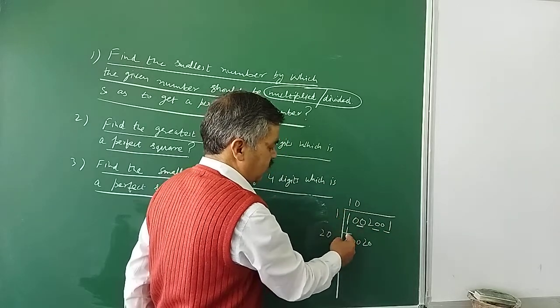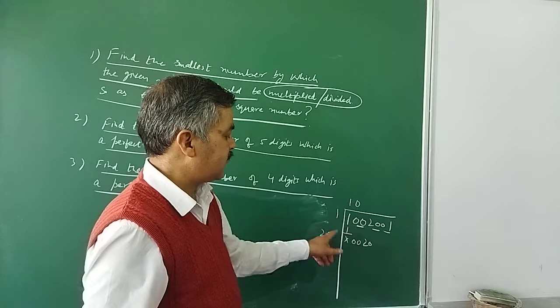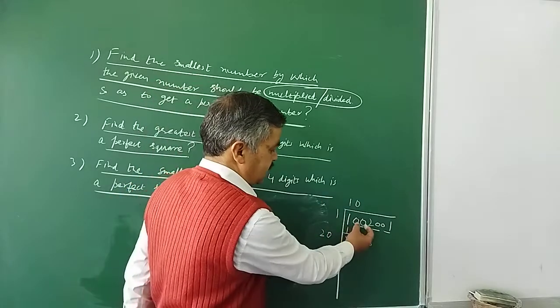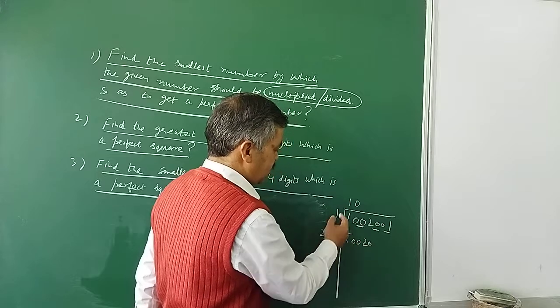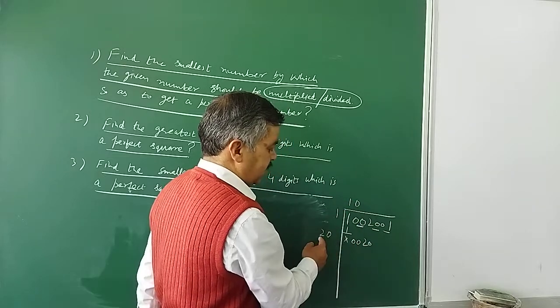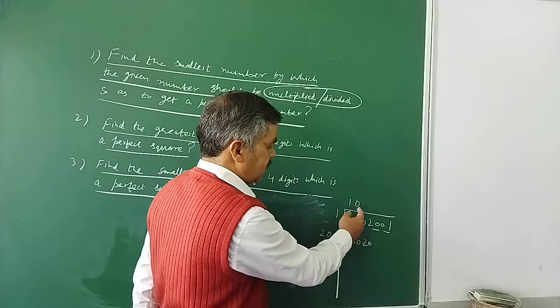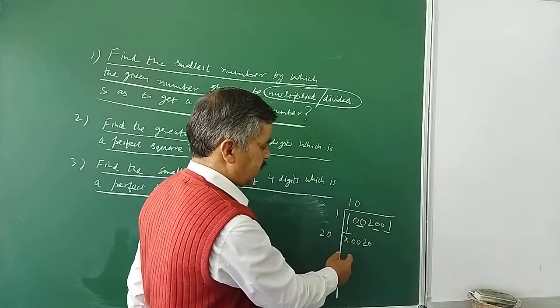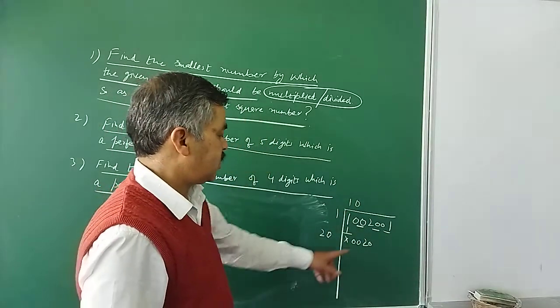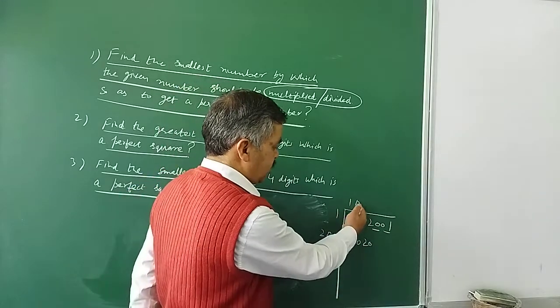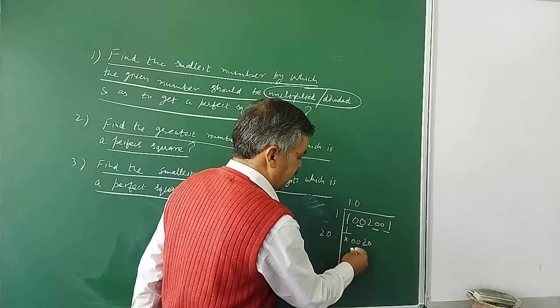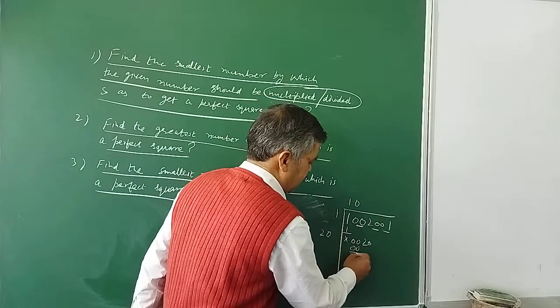So 1 ones are 1. You have to read that table in square. Gone. The next turn is of the zeros pair. When it is 0, you need to put double of 1, that will become 2. So zeros are there, so you have to put zeros over there. Now you see I have got 20 here. When zeros are there, you need to put 0 here for this. That will give you 0 0, and here again 0 0.